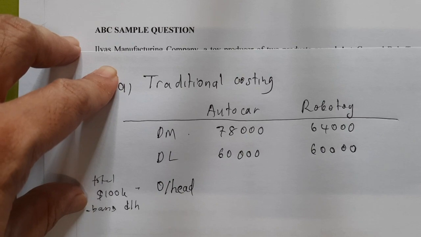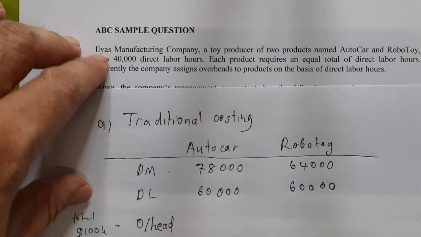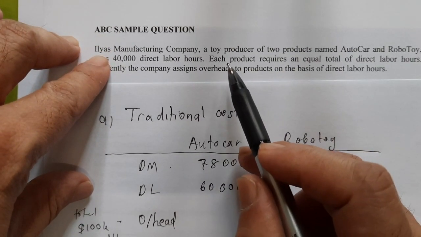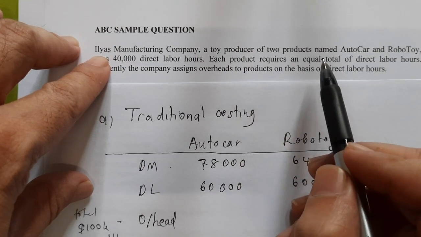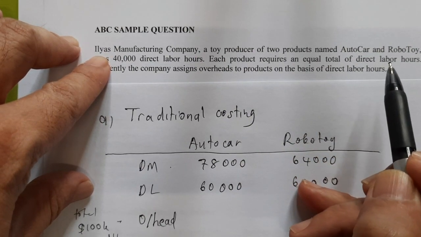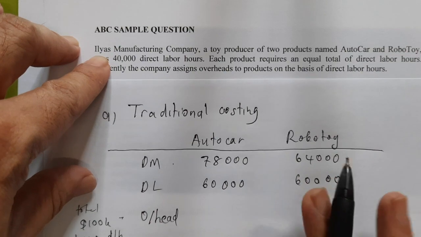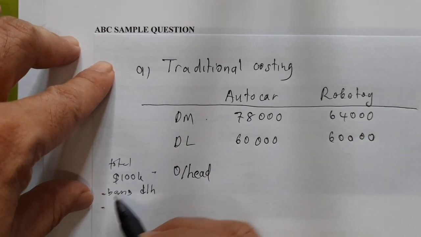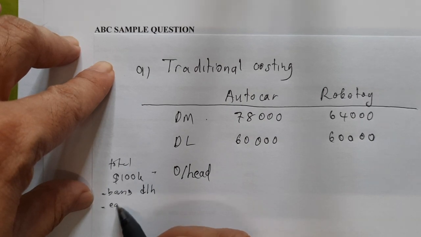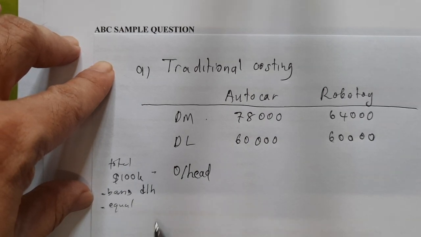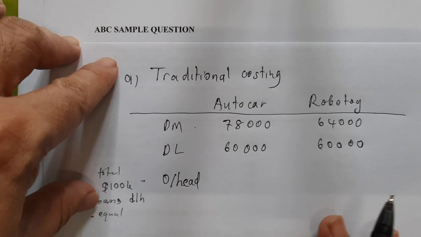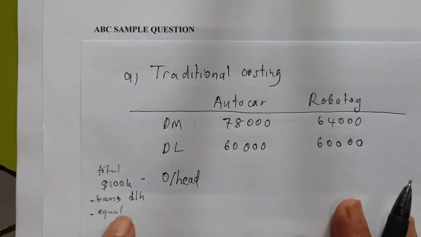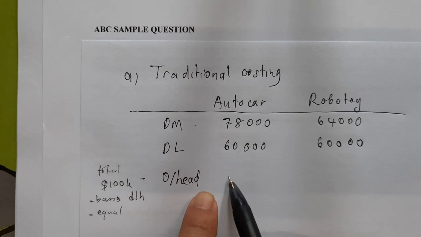The third thing is, here the question says each product requires an equal total of direct labor hours. So the basis is direct labor hours, and then the cost is equal for two products. Equal. So if these are the data, how much is the overhead cost for